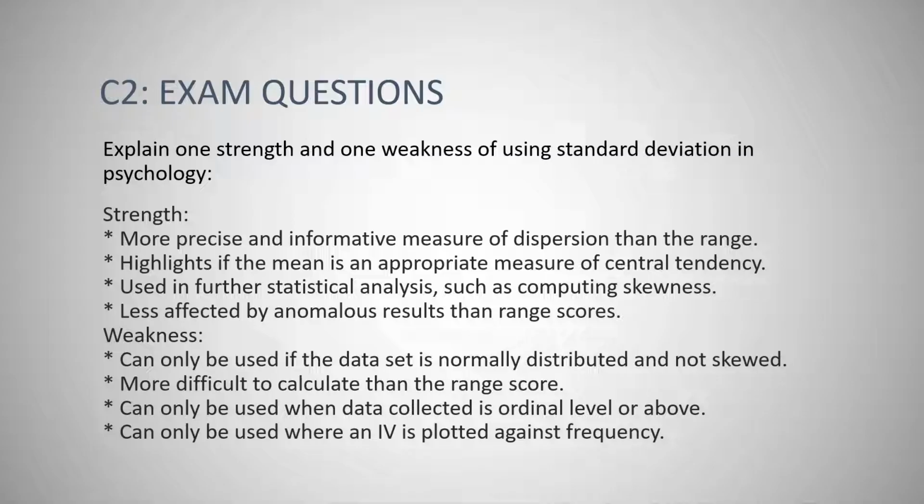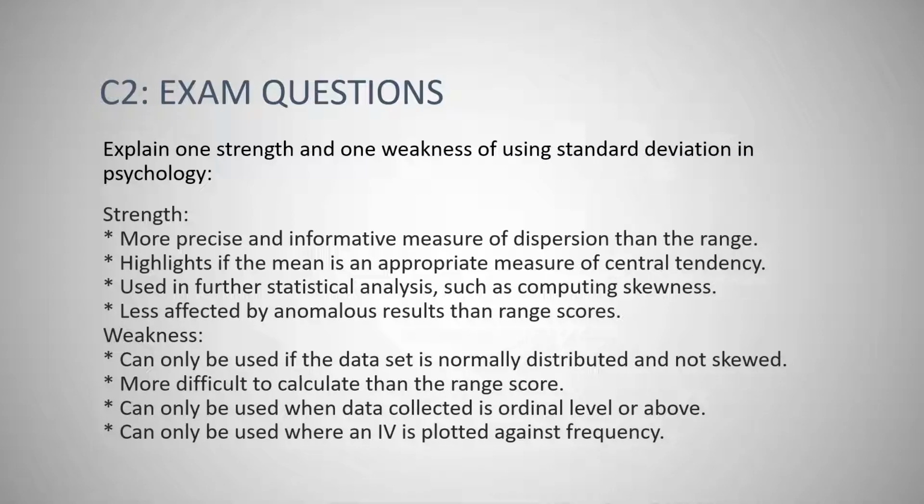This highlights if the mean is an appropriate measure of central tendency. This is used in further statistical analyses such as computing skewness. This is less affected by anomalous data or anomalous results than range scores. This is because with standard deviation, an anomalous result, you can see it and you can see its impact, rather than the range where you can't necessarily tell if there's an anomalous result if you haven't seen the original data set. Well, you can probably tell, I suppose,